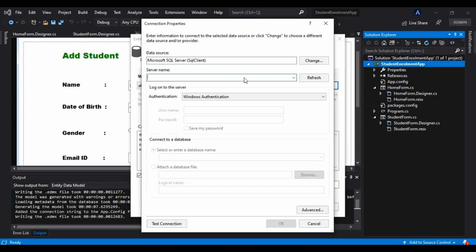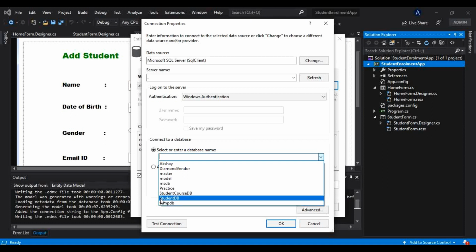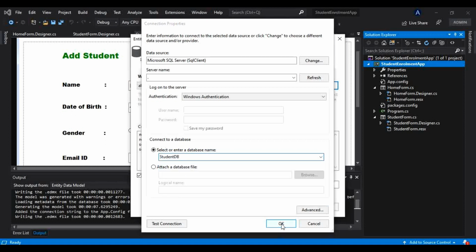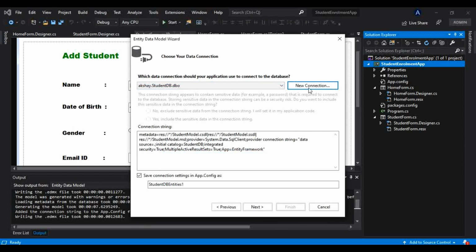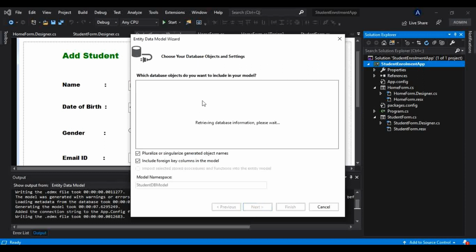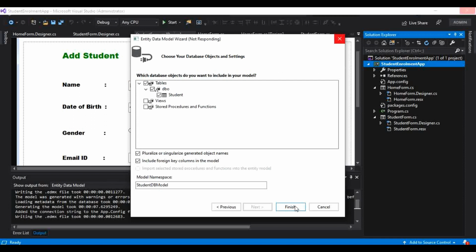I will put a dot here, and as soon as I do that, all the databases will get loaded here. So I want the student DB here. I will click OK, and I will click next. It will retrieve that information from the database. So here I will select this table. Anyway we want that student table, and it only has that student table for now, and I will click finish here, and this time it should create that model for us, that is, entity framework will create the model for us.